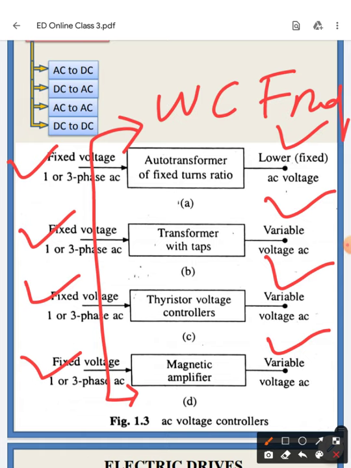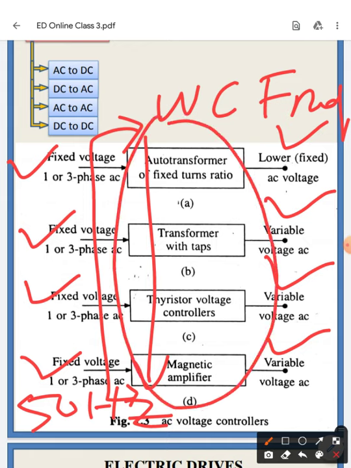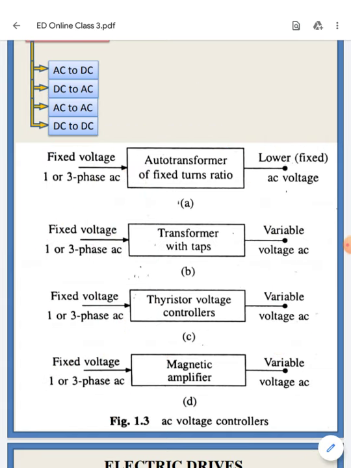In the first four cases, what we have seen is that the voltage can be varied without changing the frequency. So frequency is always constant. If your input frequency is 50 Hz, by using this kind of converters we can get different levels of output voltage but with 50 Hz frequency, right? So there is no frequency conversion in these four types of converters.